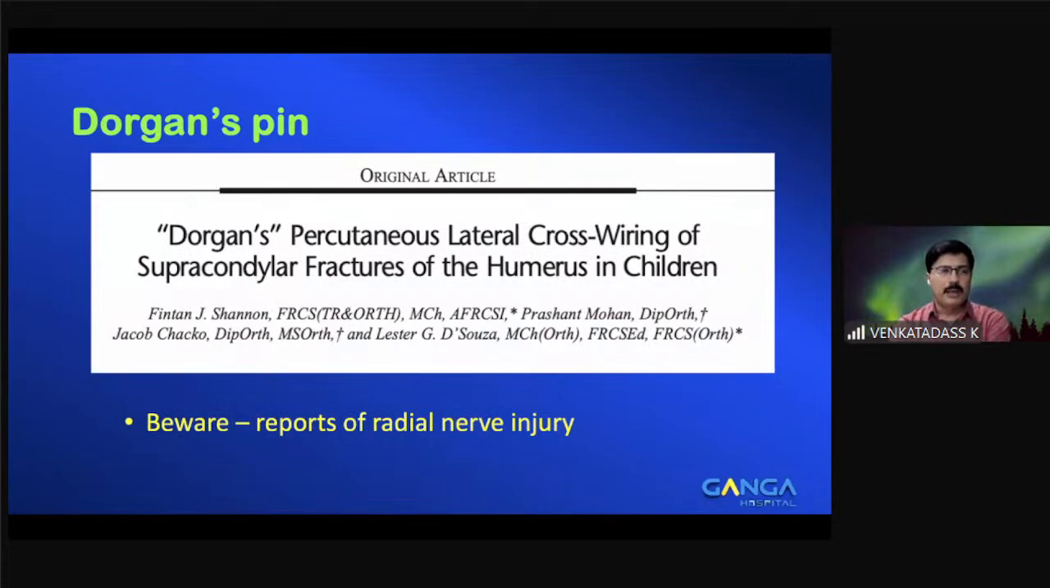Though Dorgan's technique is good for stabilizing the medial column, so you are protecting the ulnar nerve, you should understand that it's a trade-off. There are reports of radial nerve